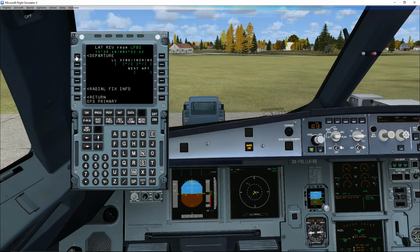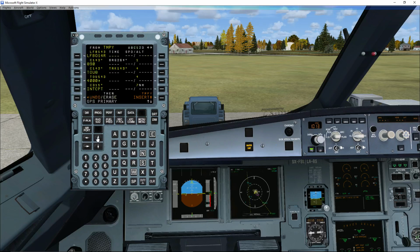From there, departure. It's 14 right, and it's the Fist 5 Alpha. Okay, so temporary flight plan, we're putting it in there, doing it the way that they suggest in the book. Okay, so next waypoint is going to be, where's my flight plan gone? Barmes,